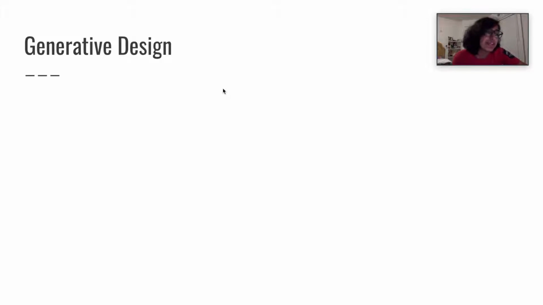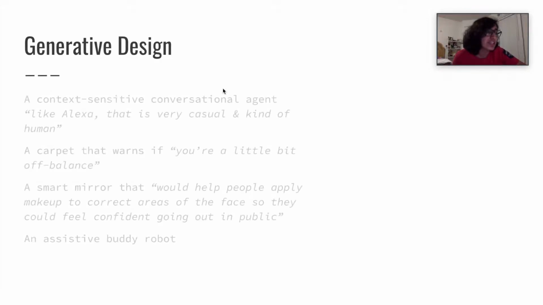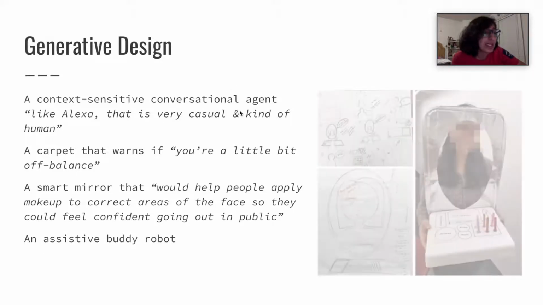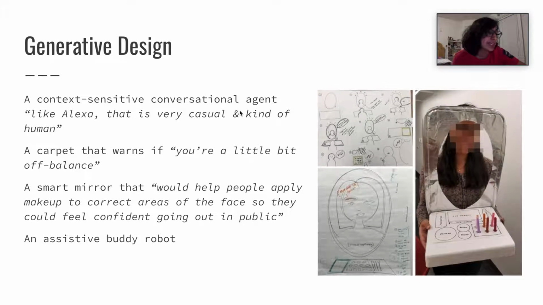In the generative design phase, students were encouraged to sketch ideas based on their discussions and ideation process. One of the ideas which participants actually went on to prototype was a smart mirror that would help people with dementia apply makeup to correct areas of their face so that they could feel confident going out in public. This idea was strongly informed by the human rights themes of making one's own decisions and self-determination that had emerged